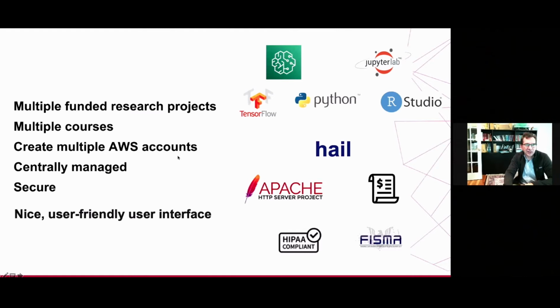And so on the drawing board, asking AWS engineers, we wanted to be able to manage multiple funded projects for multiple courses and also for teaching across multiple Amazon accounts, centrally managed, something very secured and with a nice, user-friendly interface. And they managed to create it. So we had a first pilot project in our department at the BMI at Harvard, but now it has definitely scaled, and now it's a full